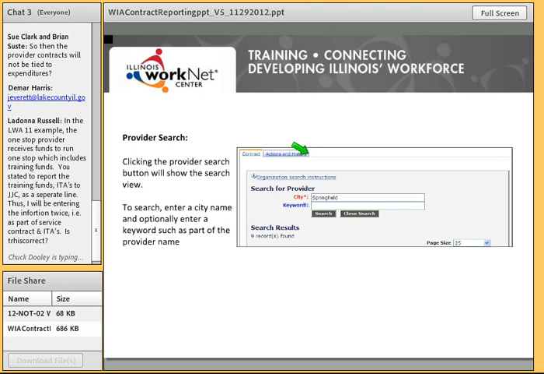Once you have selected which provider you want, you would literally click on this select link located to the left of the provider name. Okay? It will now take you into a contract details page. So by clicking on that select link, it has taken you into an entire page with all of the information